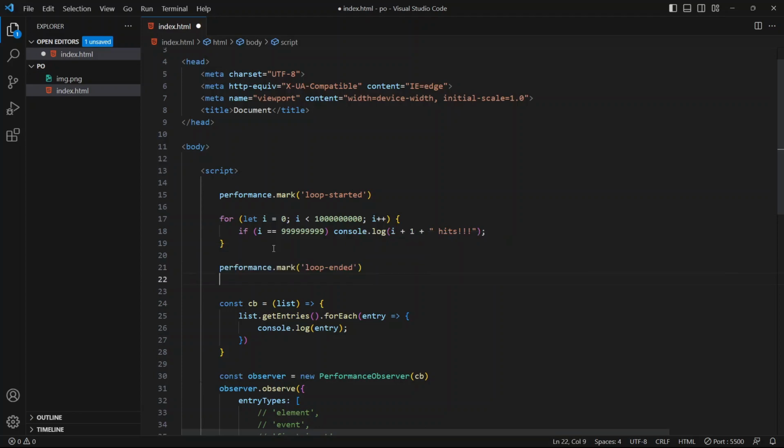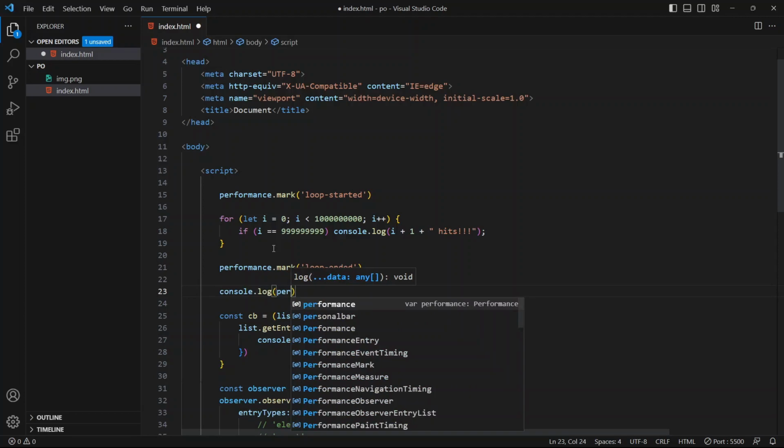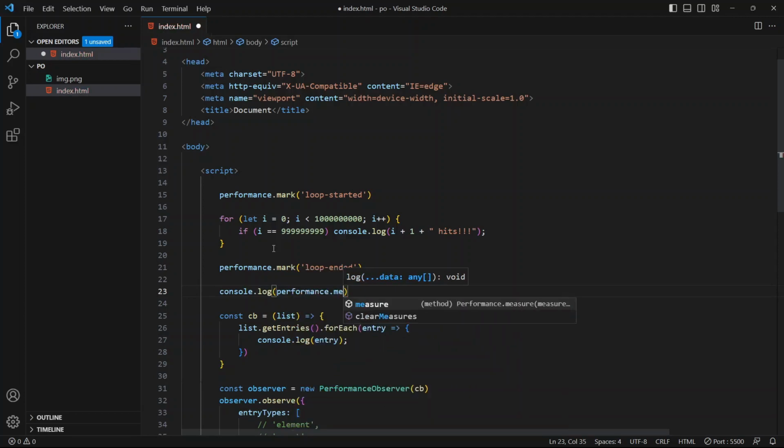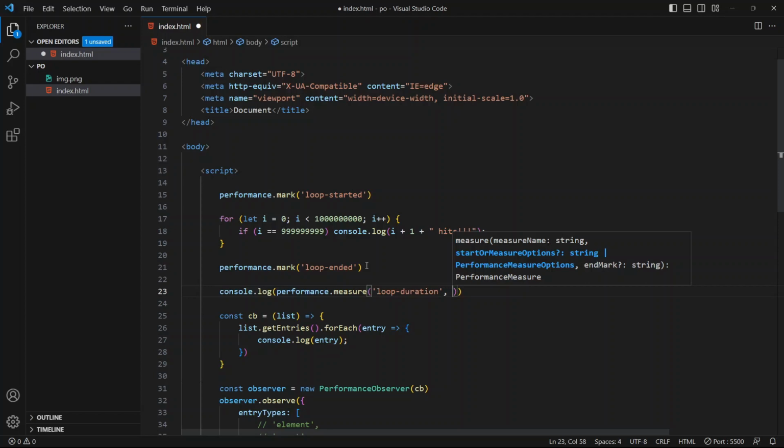At the end, I'll console.log performance.measure, and inside this you can pass in 3 items. The first one is the name of the measure, so I'll just call it loop duration. The second and the third items will be the values of the mark entries. So loop